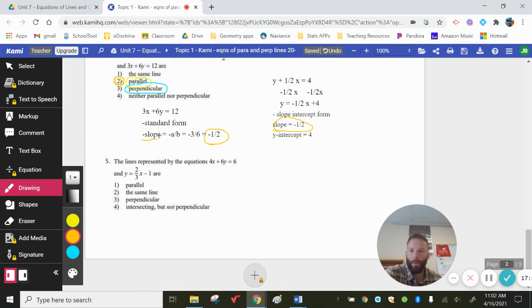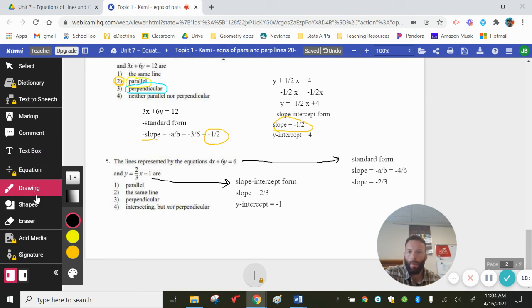Okay, one more opportunity here to compare. I have two lines, 4x plus 6y equals 6 and y equals 2/3 x minus 1. I can see that I have a standard form and a slope intercept form, so this should go pretty quick. Let's lay out the details here. The first equation is written in standard form, so the slope is negative a over b, or negative 4/6, or to simplify it the most, negative 2/3. And now also we have this line, which is written in slope intercept form, and the slope is